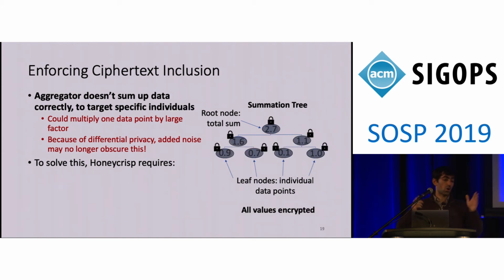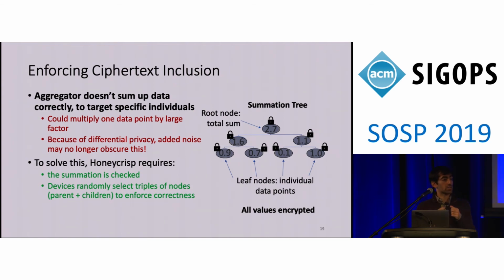So all these values are going to be encrypted. And we're going to require devices to randomly select triples of nodes to enforce this correctness. So they're going to select here a parent and two children. They're going to check that indeed 0.9 plus 0.7 equals 1.6, and do so for all of the triples. And by distributing this among devices, we ensure that devices don't have to check too many things, but we still